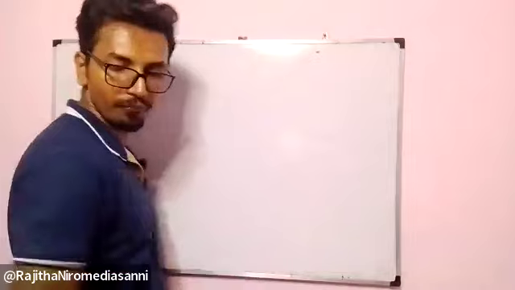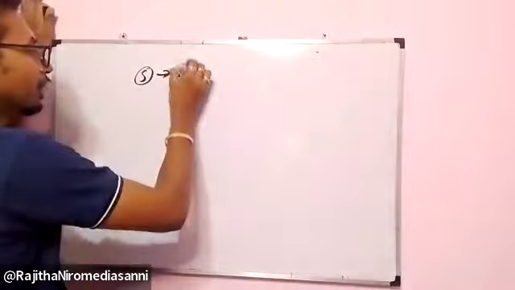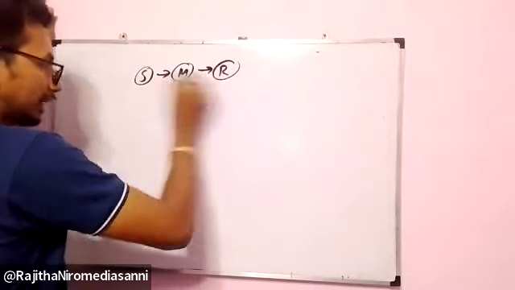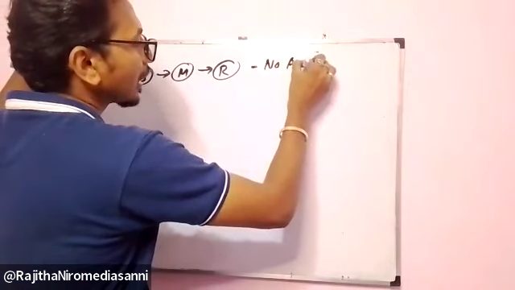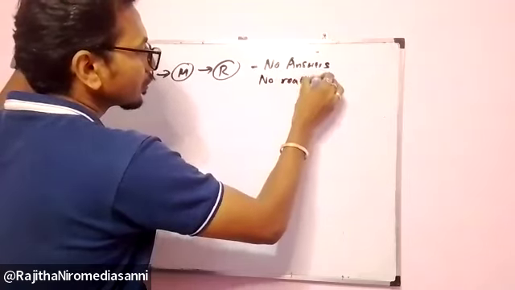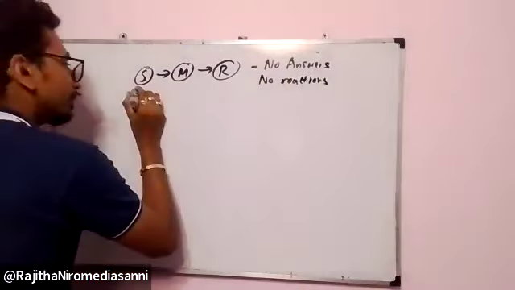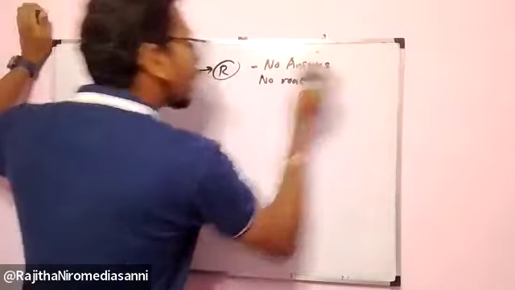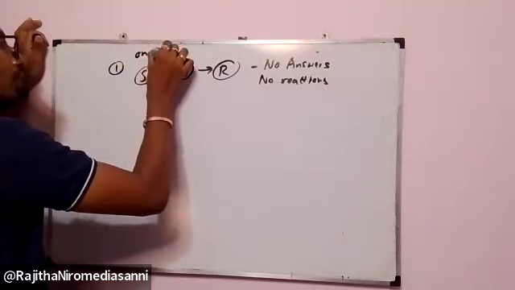One way and two way, no? One way means this. Just draw this in there, okay? Send a message, receiver. This is one way. One way has no answers and no reactions. It means feedbacks. Just write down that thing. Draw this, and write this down in there. This is the first, one way.